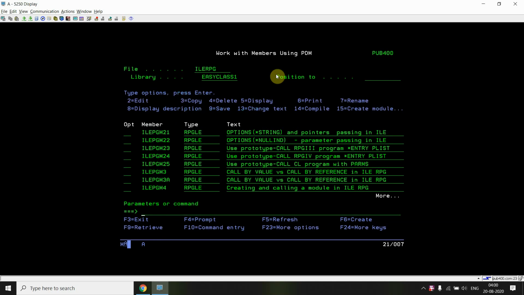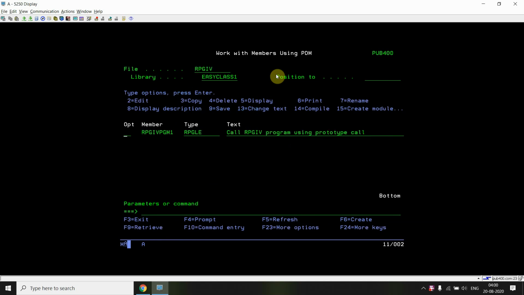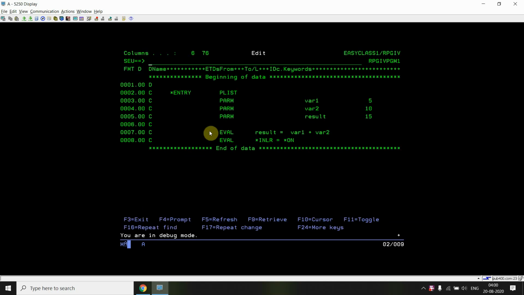Now I'll be showing you how we can call an RPG4 program, and creating an RPG4 program. So just go to source file RPG4. Okay, so this is the simple RPGLE program. The type is RPGLE. In case of RPG3, the type is RPG, where H spec FEDECO is supported; there FEDECO is not supported.